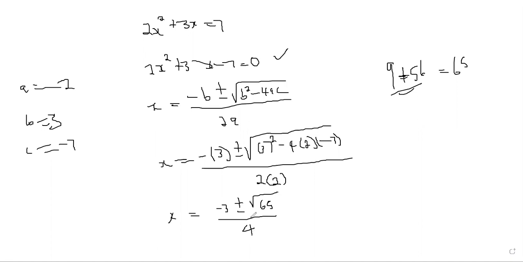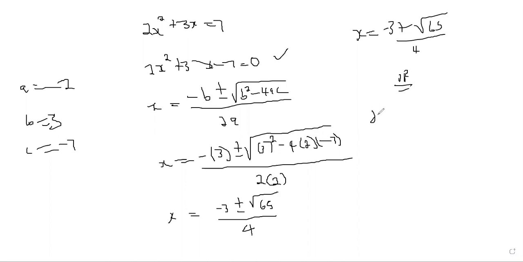And from there, it's easier. So what you're simply doing from here is dividing it, right? So from there, you're done solving for x. You're simply going to say x is equal to -3 plus square root of 65 all over 4, or x is equal to -3 minus square root of 65 all over 4. So those are the two real roots. They are real. Why are we saying they are real? Because the number within the square root is positive. I hope that makes sense, guys.